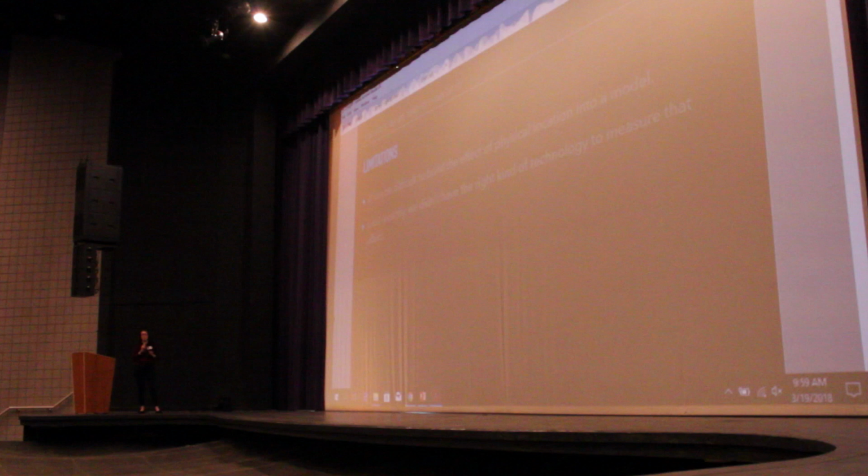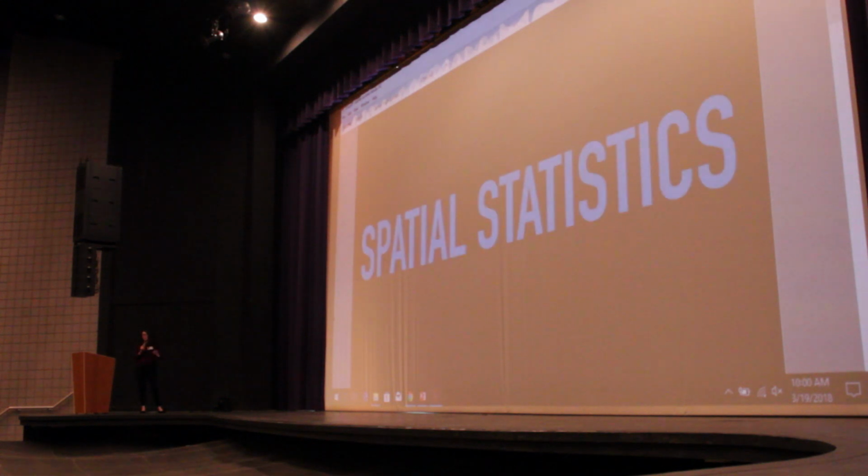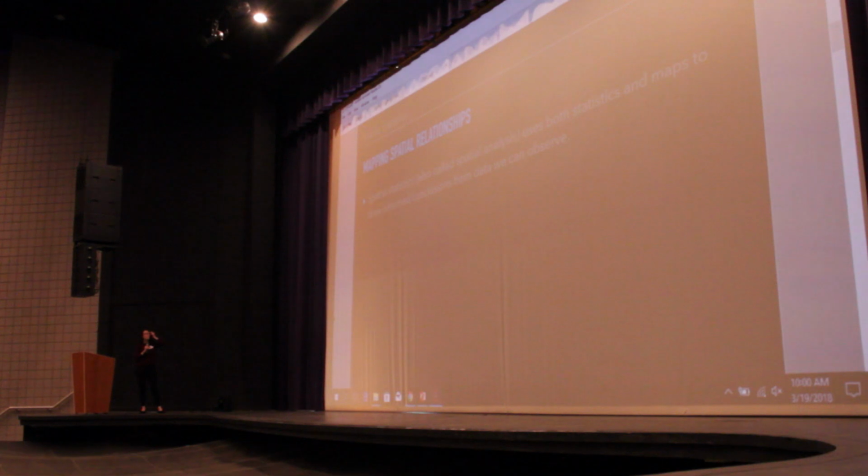So in order to overcome the limitation of this inability to measure physical locations with just regular data, we needed to A, update the math, and B, create software and technology that helps us look at these patterns spatially. So that's why we now have this field. It's a little bit of an emerging field called spatial statistics. It's also sometimes called spatial analysis, which relies on geographical data alongside measurable independent and dependent variables.